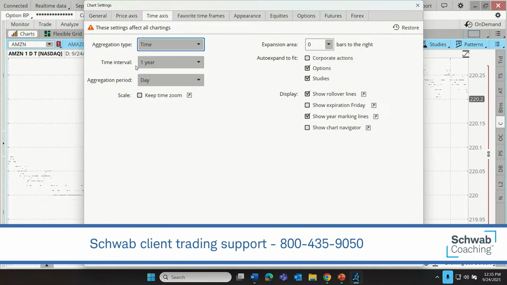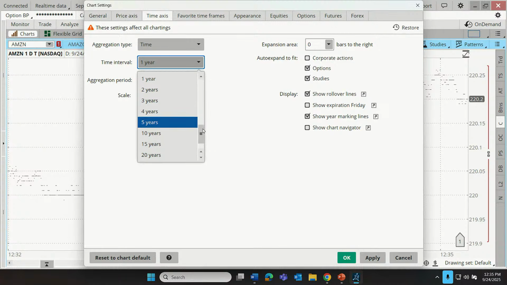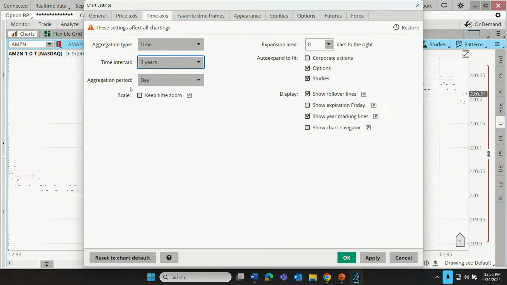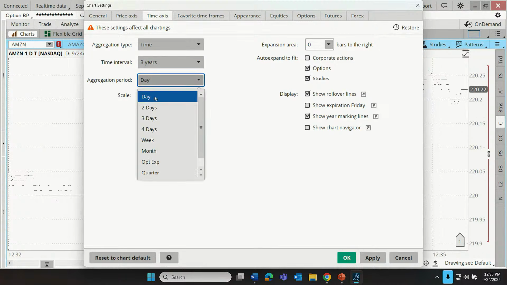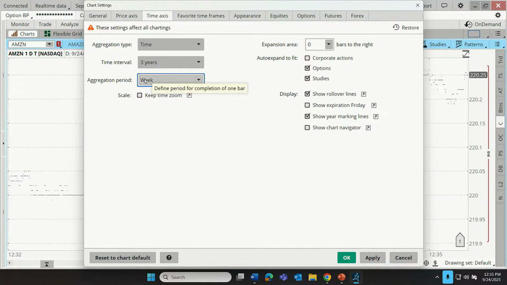Our time interval is the time frame of the whole chart. I am on a 1 year chart using a time aggregation of 1 day. If I want to switch that, I can change this to a 3 year chart with an aggregation period of weekly. That means we're now looking at a 3 year chart with weekly candles.